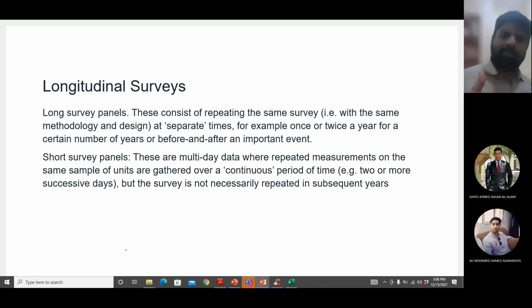Okay, so long survey panel means the panel is surveyed for number of years. Okay, and each year you may be doing their survey once or twice. Short survey panels, you are doing it within days. So you ask them today, and tomorrow, then day after tomorrow, and so on. So maybe 5 days of the week and your panel survey is over. Okay, so short means the frequency is on daily basis. In long survey, the frequency is yearly basis. Okay. In short survey, you can repeat it next year, but one short panel survey finishes within some days.